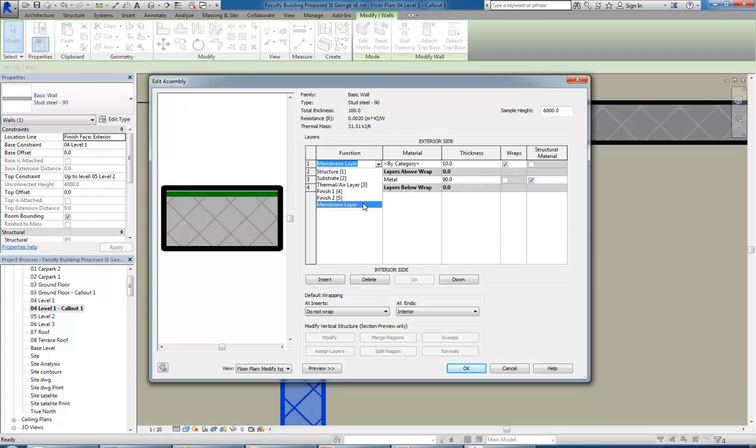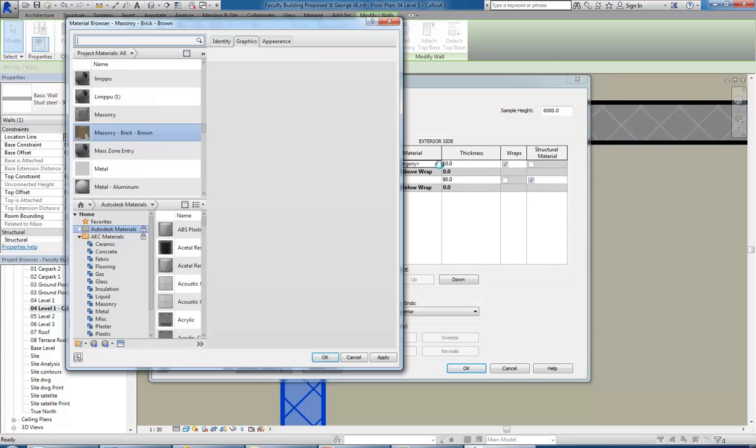Yeah. So finish one is for exterior and finish two is for interior finishes, because you don't want your interior finishes going through and trying to connect to the exterior finishes. They'll go through your structure if you do that. So it's really important that you set those separately. So like you're saying, finish one is for exterior, and so I'm going to go now to